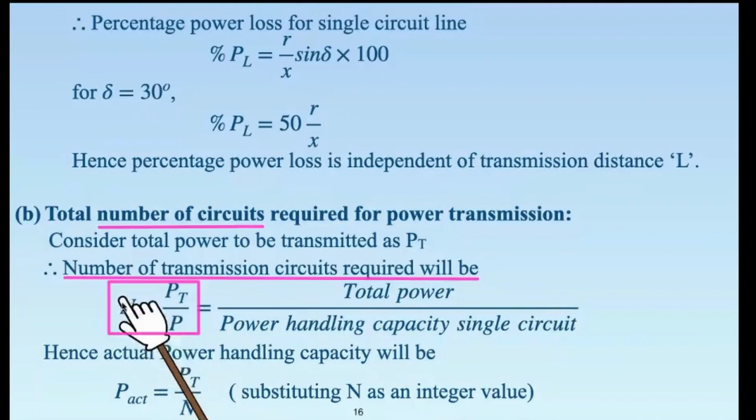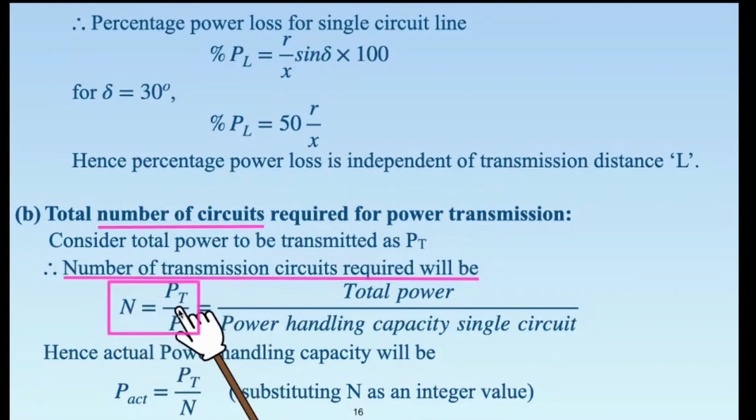cannot be fractional. Like, let us say 3 persons want to travel from one place to another, okay, and you know that only 2 persons can travel on a two-wheeler, okay, so then how to make three people travel the same distance using a similar kind of arrangement? So naturally we cannot say that let us have 1.5 times two-wheeler. Okay, so you need to have an integer number of circuits. Okay, so whenever there is such a scenario, fine.